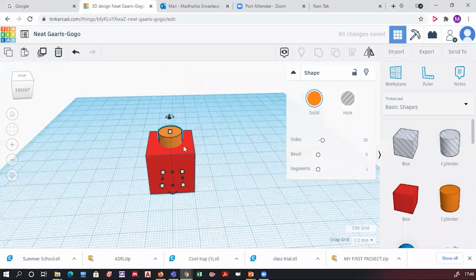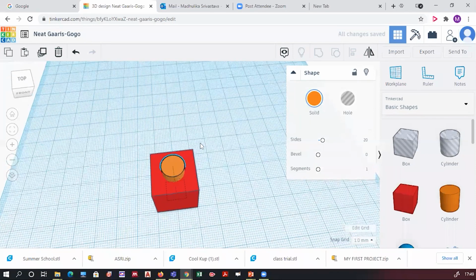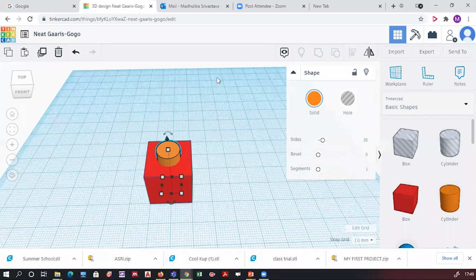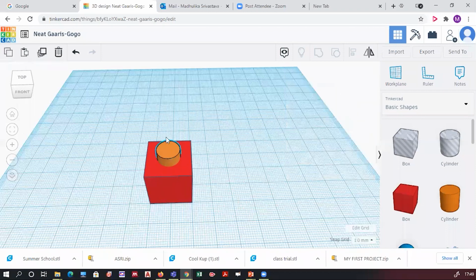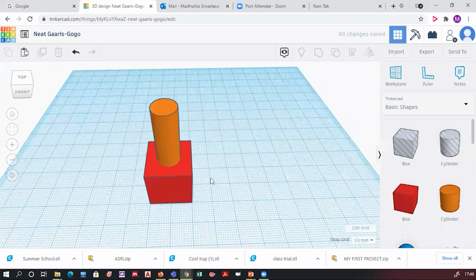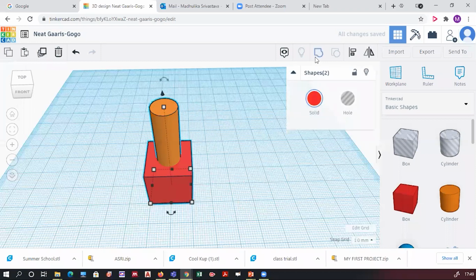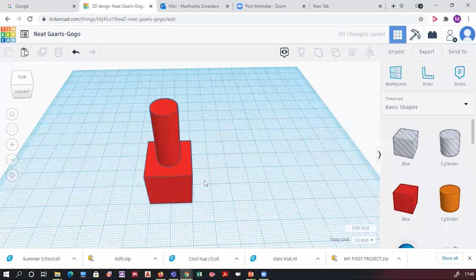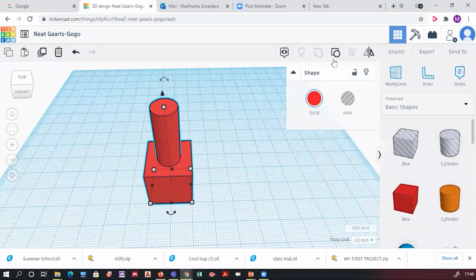Fine. If you have done that, next step, you have to select this cylinder, and over here in shape, yeah, I can repeat it again. Just a minute. Those who didn't follow, how to ungroup. See, when my object was grouped together, it appeared to me in a single color. Now I have to ungroup. I will select the object once again, and the fourth option is ungroup. Just click on that.